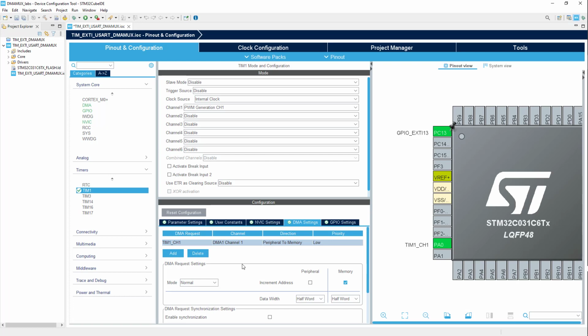transfer, and I would change it to circular. I would change this direction to the opposite one, so from memory to peripheral, because we will transfer some values to the timer from the memory. And I will change the data size from half word to word on both sides, and I would keep this